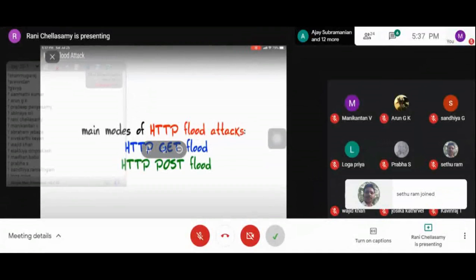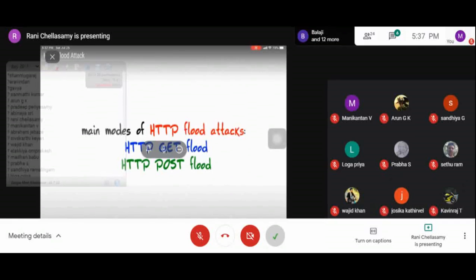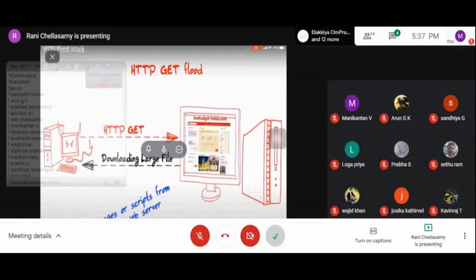First we'll see the HTTP GET flood method. In this picture you can see the attacker. The attacker sends the HTTP request message, of type HTTP GET, to the server.